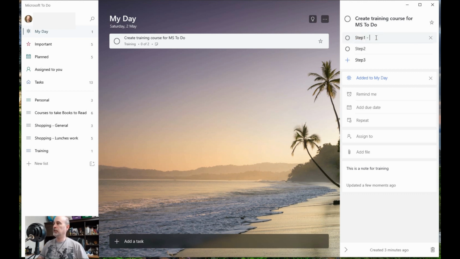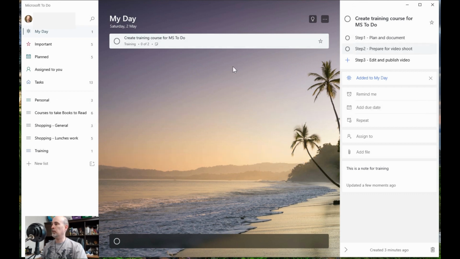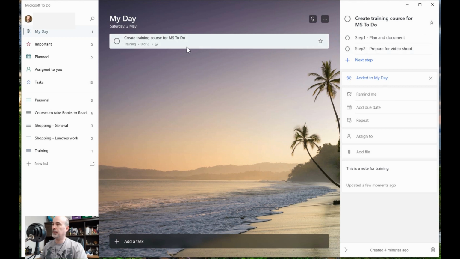So my first step might be plan and document, and step 2 may be prepare for video shoot, and then finally is edit and publish. So there's multiple steps in that, and if I want to get out of this, just clicking on the task again, or if you click on another task, it will show that sidebar for the other task.